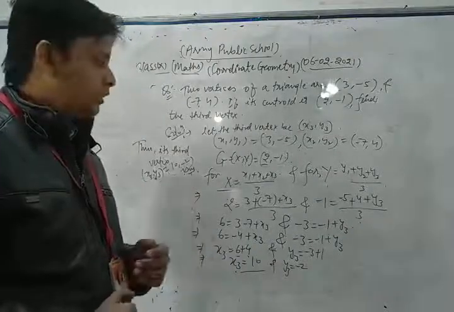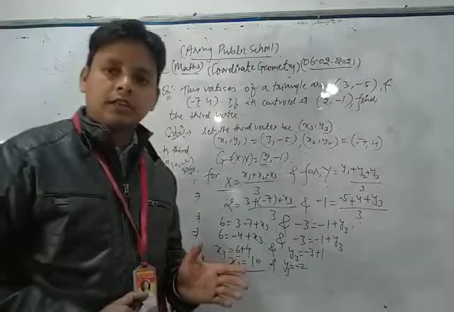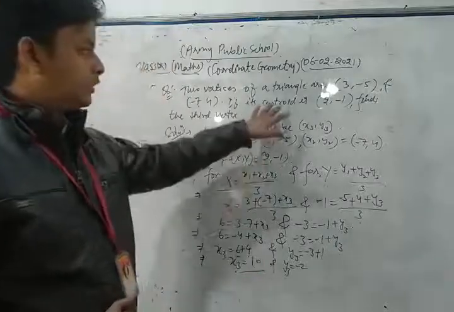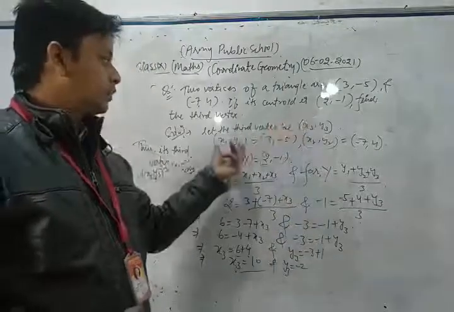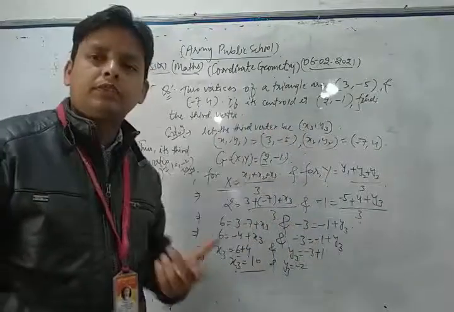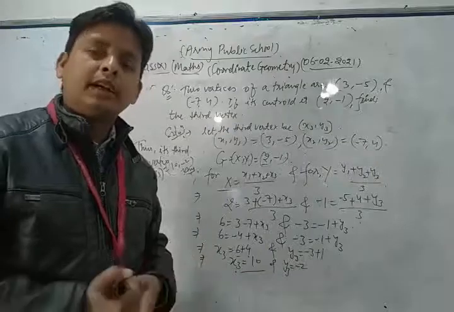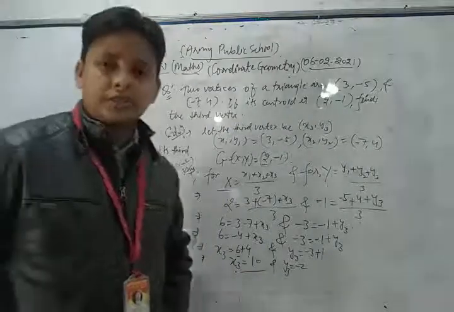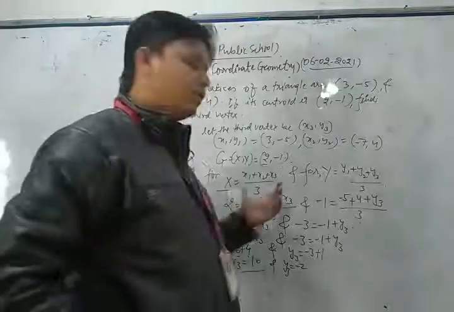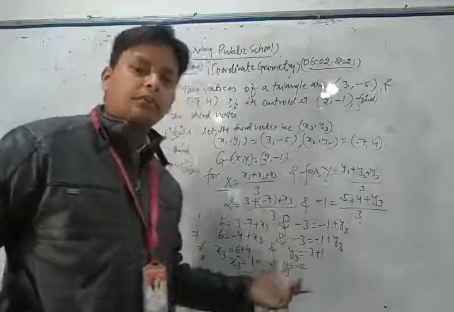Thus, in this way, dear students, you can solve that type of question. So let's see once more. Here two vertices are given and we find the third vertex, and the coordinates of its centroid are also given. So in that type of question we apply the formula for the centroid and, solving it, you get your result.